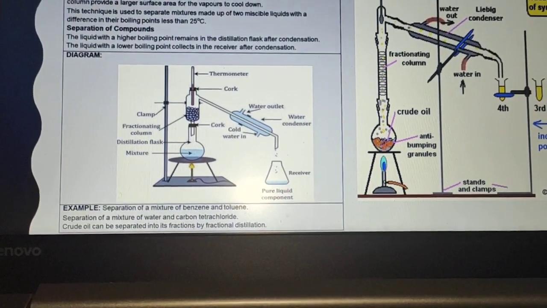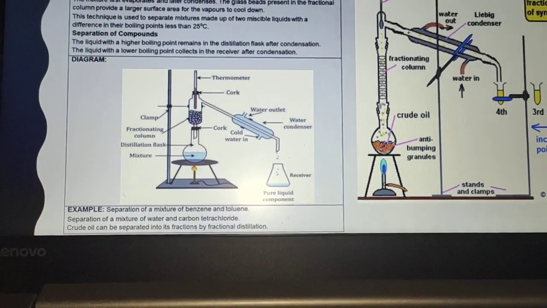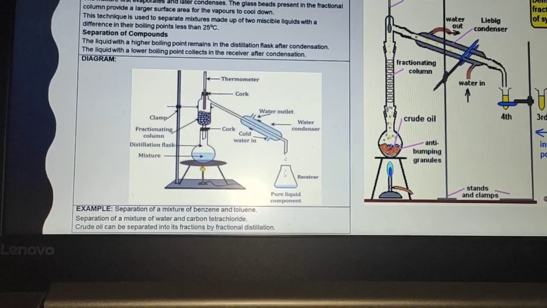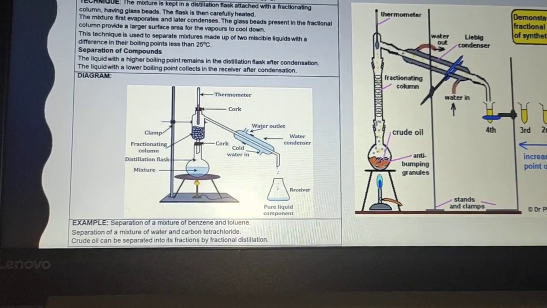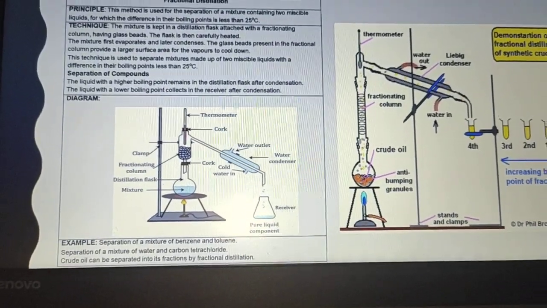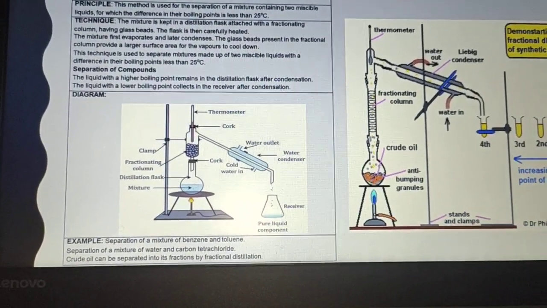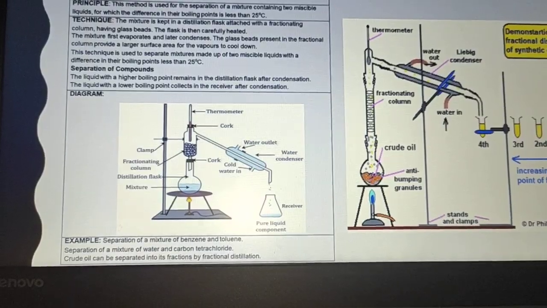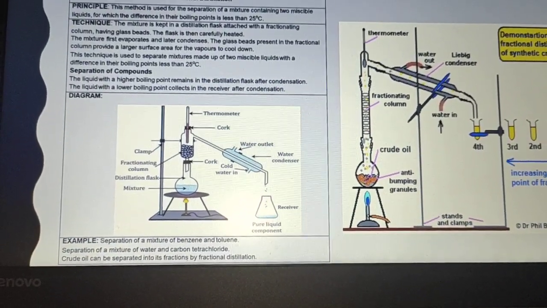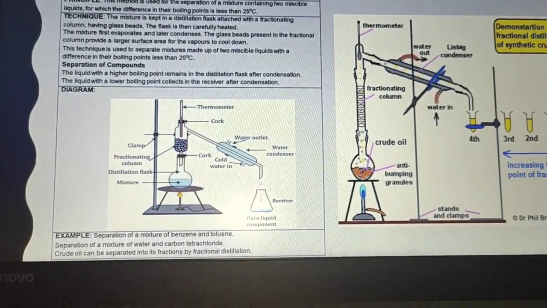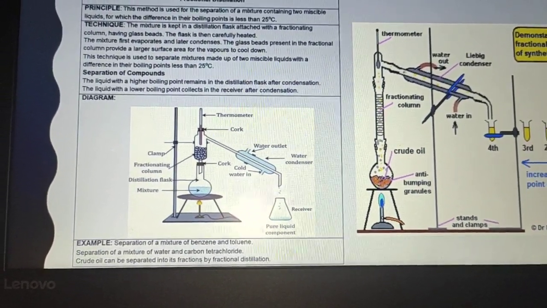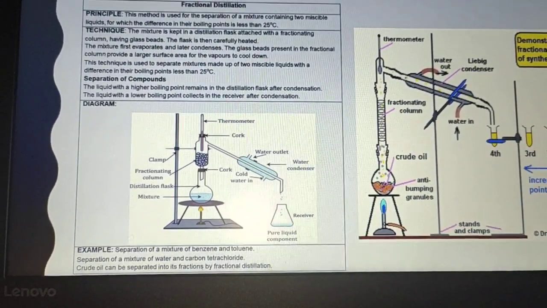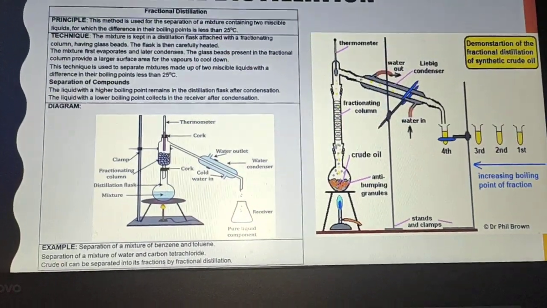Crude oil, basically it is used for the separation of crude oil by fractional distillation. Crude oil we can only separate by the fractional distillation process, not by simple distillation. Simple distillation examples are acetone and water, and alcohol and water. But here crude oil has components with boiling points less than 25 degrees Celsius, that's why these components are used, because the temperature condition of less than 25 degrees Celsius is an important concept in this.